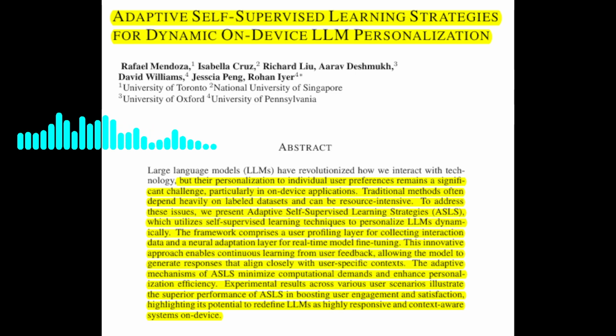The paper also discusses the potential for using reinforcement learning to further enhance ASLS. Can you elaborate on this aspect? The paper suggests that reinforcement learning could be used to fine-tune the personalization process. This could involve training the model to maximize user engagement and satisfaction by rewarding it for generating responses that align with user preferences. This was a fascinating discussion on the technical aspects of